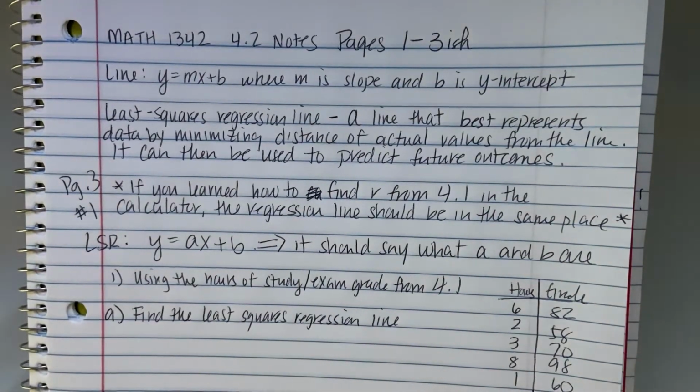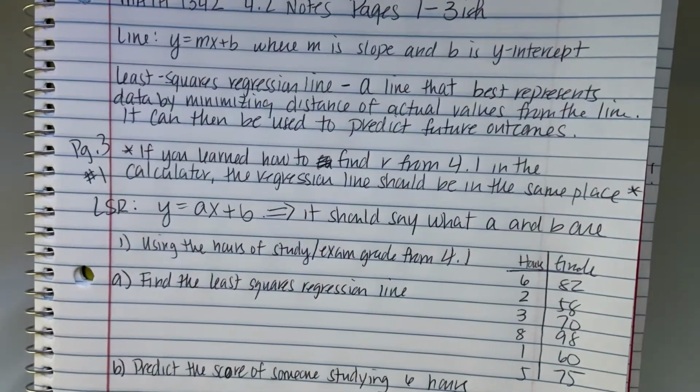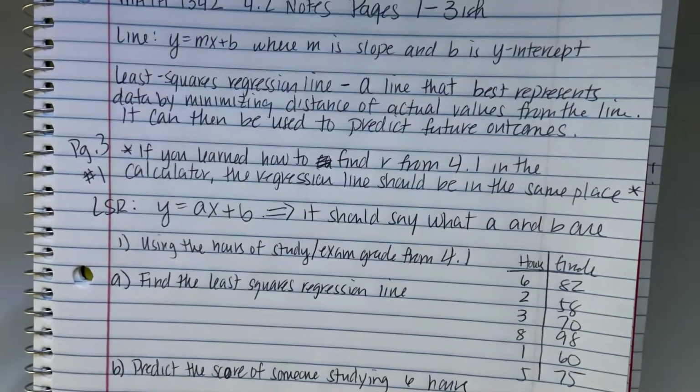Okay, stats, let's do some 4.2. Page 1 in 4.2 reviews a bit about lines and their equations. Remember that a line is an equation y equals mx plus b, where m is the slope and b is the y-intercept. There's a completed copy of the 4.2 notes online, and you can use it to fill out example